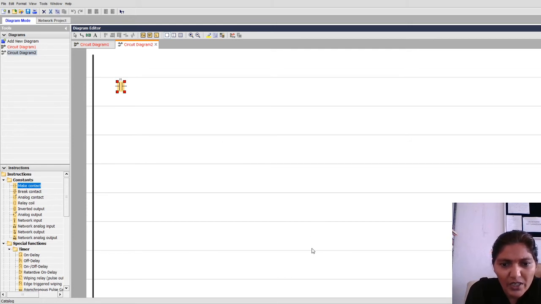Now when we click on it and drag it, it gives one switch, that is the normally open contact. When there is no vertical line between these two lines, that is called the normally open switch. Normally open switch means initially the two terminals are in an open state.